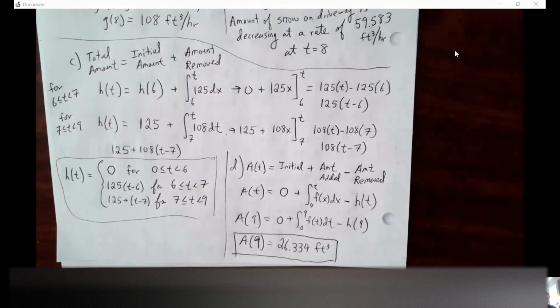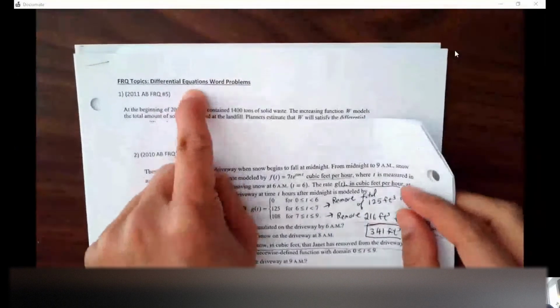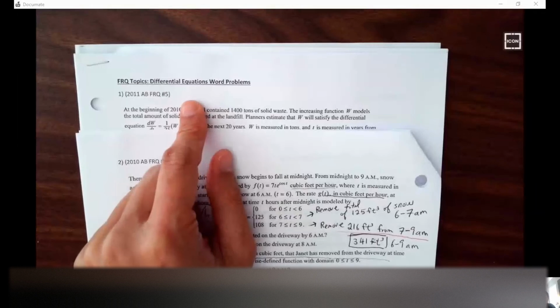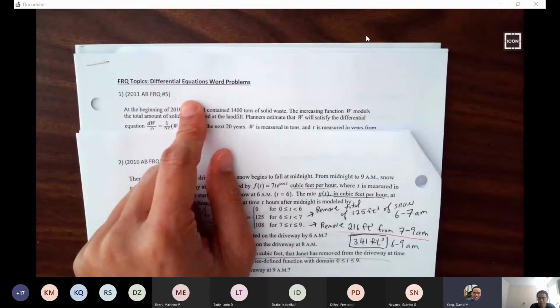Okay, let me just talk about tomorrow for a quick moment here. Tomorrow, I would like for us to go through this differential equation problems worksheet. However, I'm getting my... hold on a second. Okay,